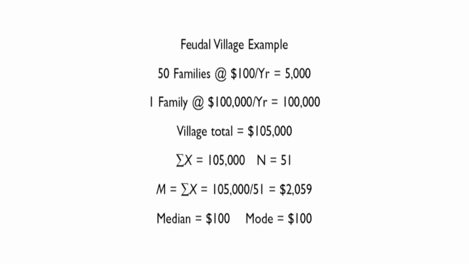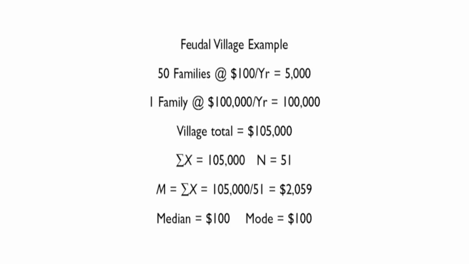So let's talk about why the mean might not always be the best measure using the feudal village example. In this village, there are 51 families. You can see that the N is 51. 50 of those families only earn $100 per year, but one family earns $100,000 per year. Together, that is $105,000 per year. If you take the mean, where you take that total income and divide it by the number of scores, in this case 51, the average is